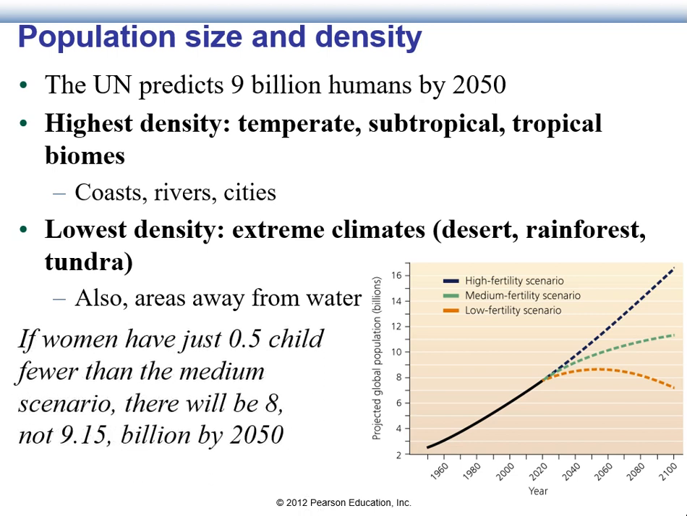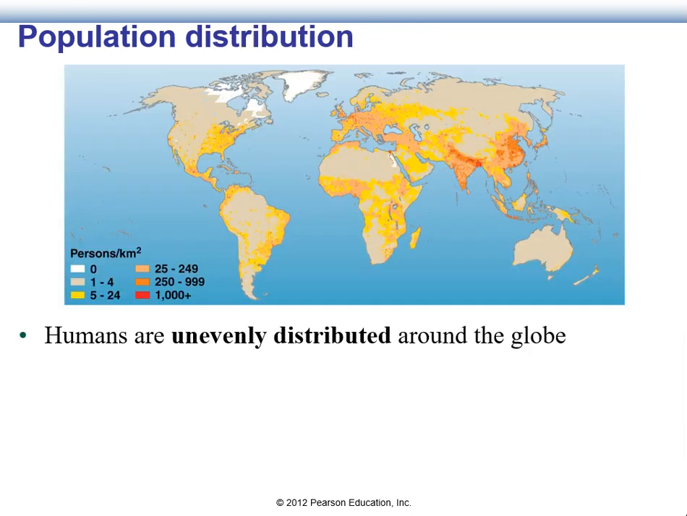It's easy to think about this in abstract terms, but to make it real life, if women just had on average 0.5 fewer children than that medium scenario, there would only be 8 billion people by 2050, not 9.15 billion. So when we talk about population distribution, we're talking about where the populations are. Most people actually reside north of the equator, and especially between about